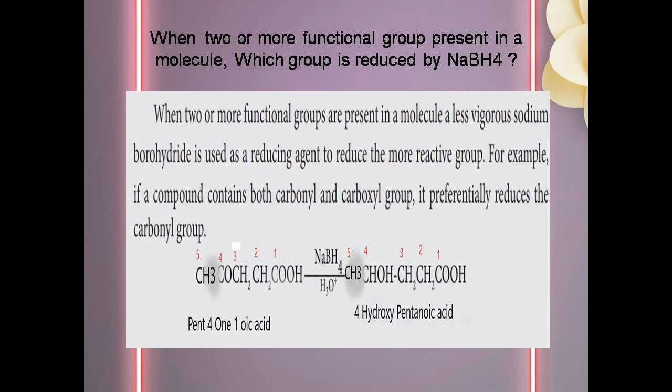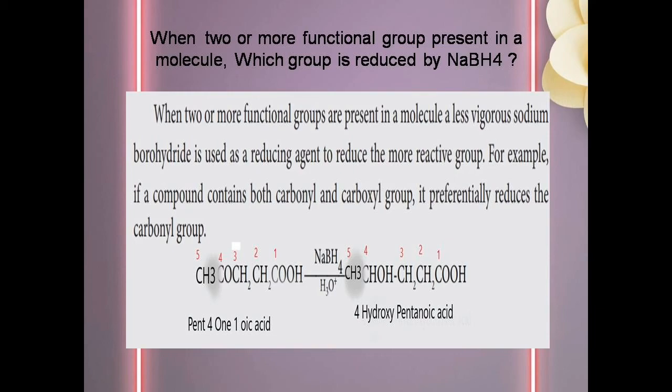Next, we are going to prepare the alcohol where the reactant has 2 or more functional groups. Here we are going to use sodium borohydride. That sodium borohydride particularly reduces the more reactive group. Now see the example. In that example we have 2 functional groups. One is ketone, another one is acid. The ketone is called a carbonyl group, the acid is called a carboxyl group. Sodium borohydride particularly reduces the carbonyl compound because it is the more reactive one, so that we get